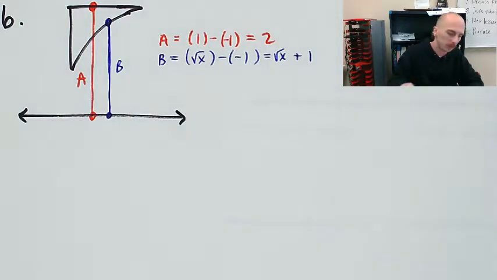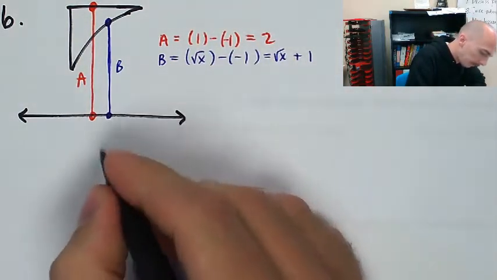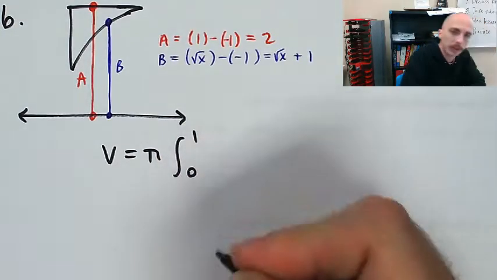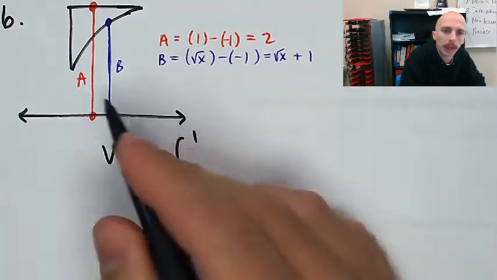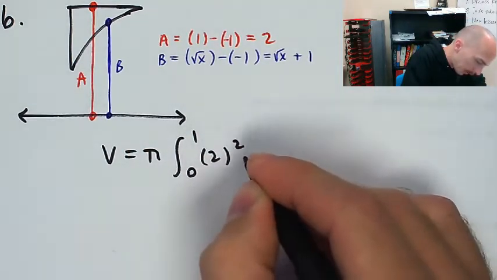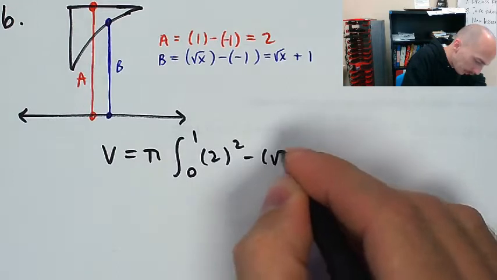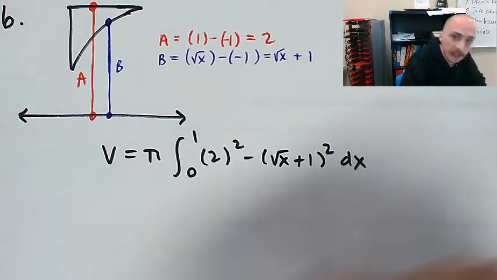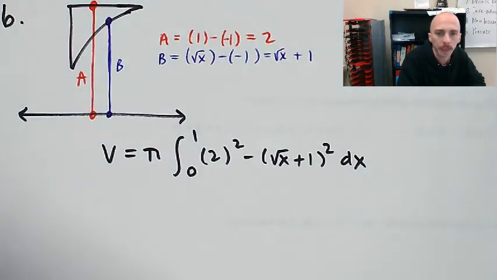So the volume is going to be volume equals pi times the integral from x equals 0 to x equals 1 of A squared minus B squared. So that's 2 squared minus square root x plus 1 squared dx. Okay, this one,